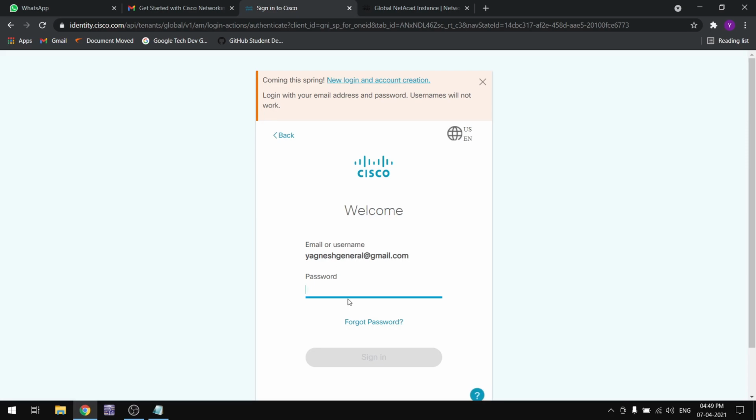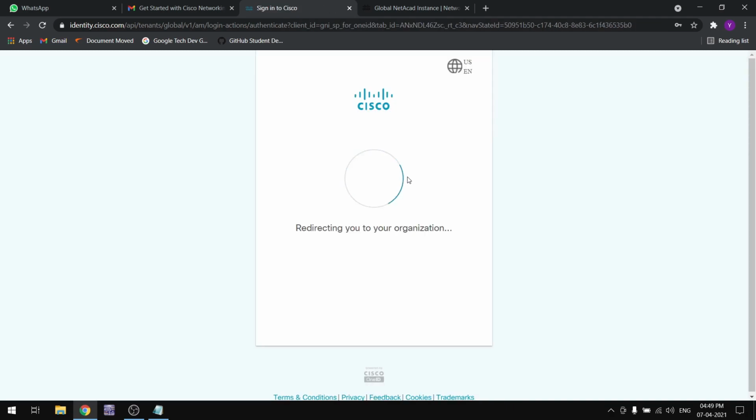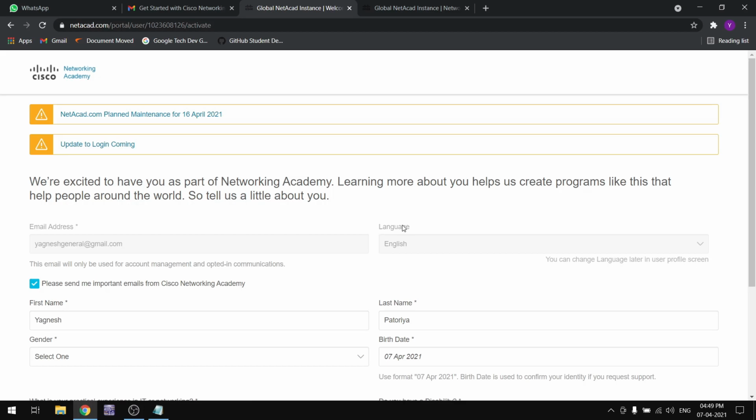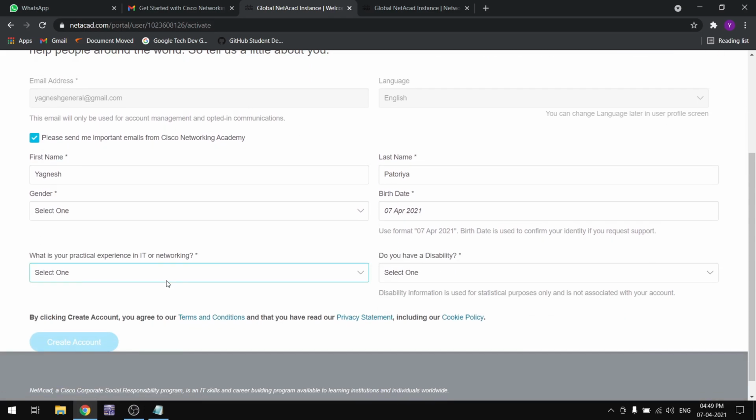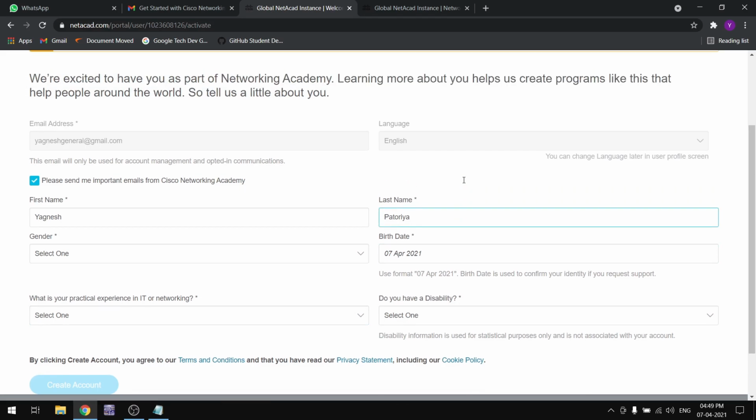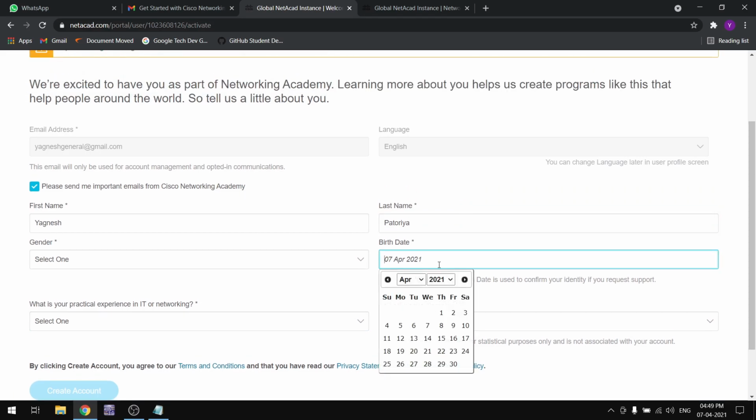Then enter the password which you set up earlier, and now you will be redirected to your organization. After that, you confirm all the details which are available here.